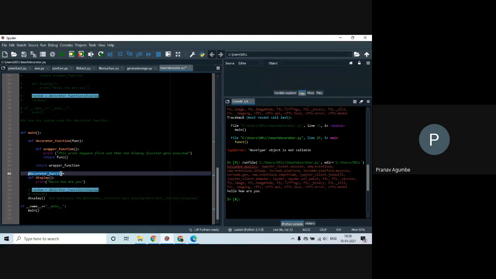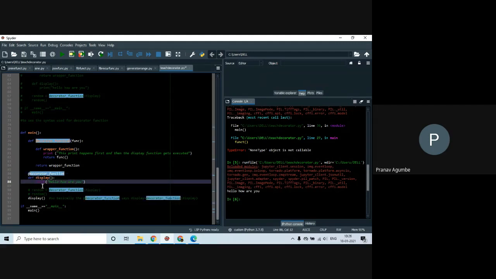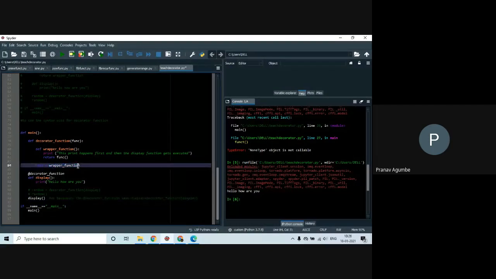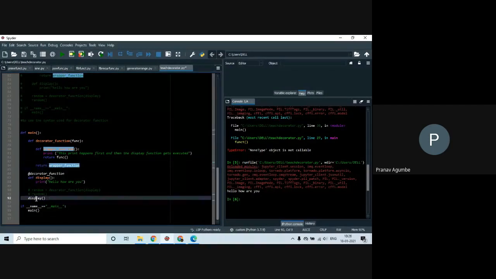Below at decorator function, whichever function we define, the compiler will see it like this: display is equal to decorator function display. Otherwise, in this line itself, display will be stuck at return wrapper function. When we call display, it will go inside the wrapper function and return the function, but that function itself is display.